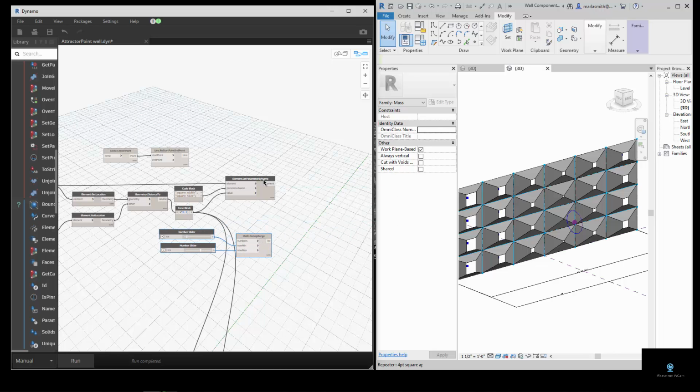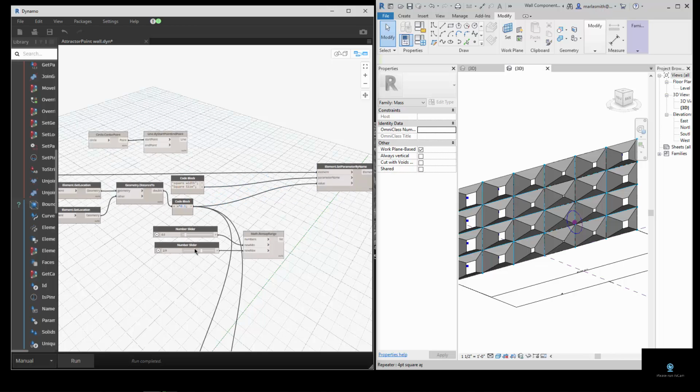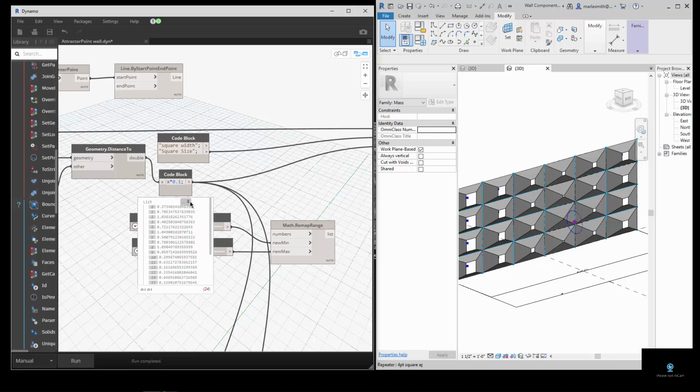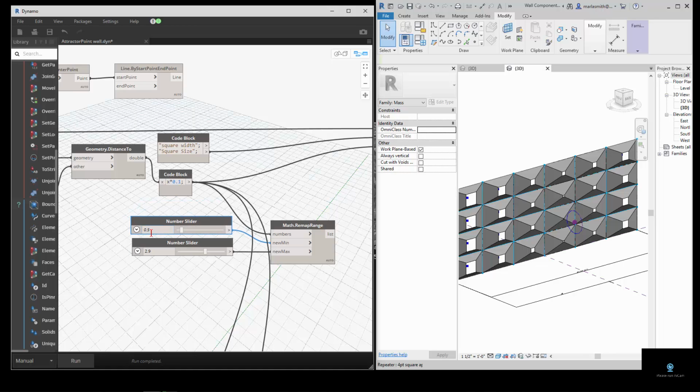So if I pull this over here and pull this out a little bit, you can take these numbers and push them into here, and you can say, no, I want a new minimum of 0.5, which is 6 inches. And you can, if you want to,